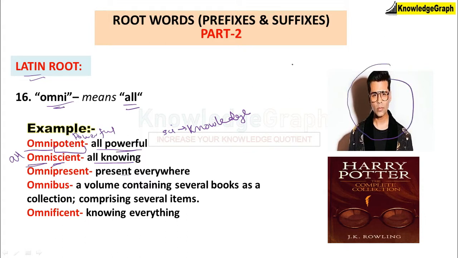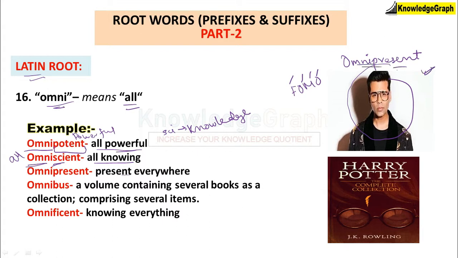He's Karan Johar. So I have put this photo for you to remember this word called omnipresent. You can relate it and you can remember, because this has become like a joke. Karan Johar is present for all the awards functions, all the parties, almost everywhere you'll find him. He himself has said in his personal talk show, Coffee with Karan, that he is suffering from a problem called FOMO, which means fear of missing out. So just on a lighter tone, I have included this picture for you to remember this word called omnipresent, someone